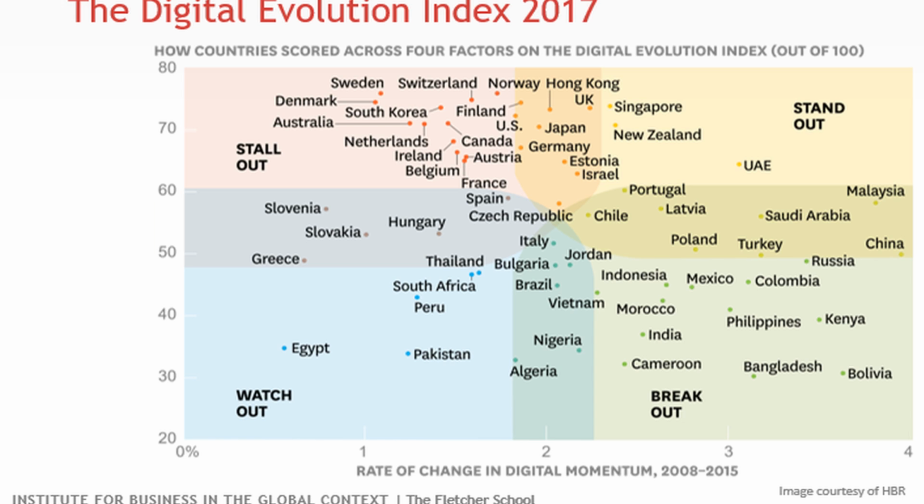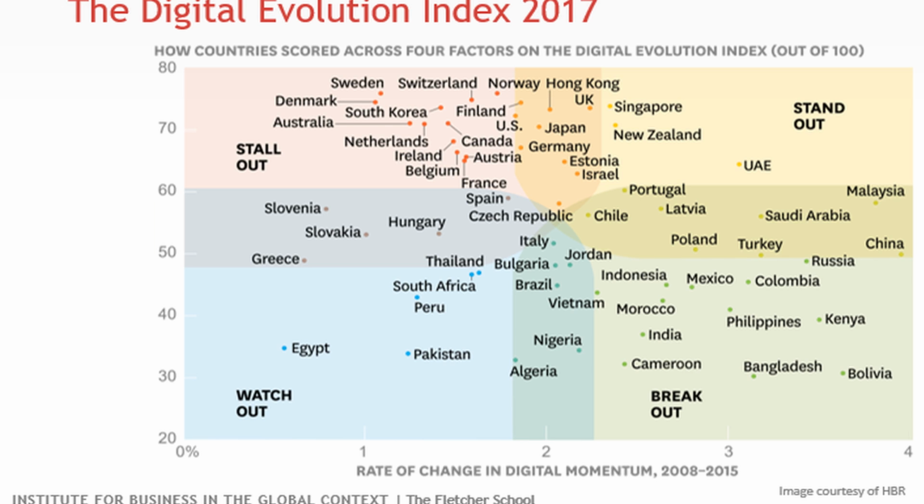And then there are what I call the stall-out countries. These are primarily what Donald Rumsfeld once called Old Europe. So you can see most of France and Germany and the Scandinavian countries up there. They're like more mature people where the knees have got arthritic, so they can't really move very fast, and so they've developed digital arthritis. So they have a very high level of evolution, but their rate is not that high. So they are what we call the stall-out countries.